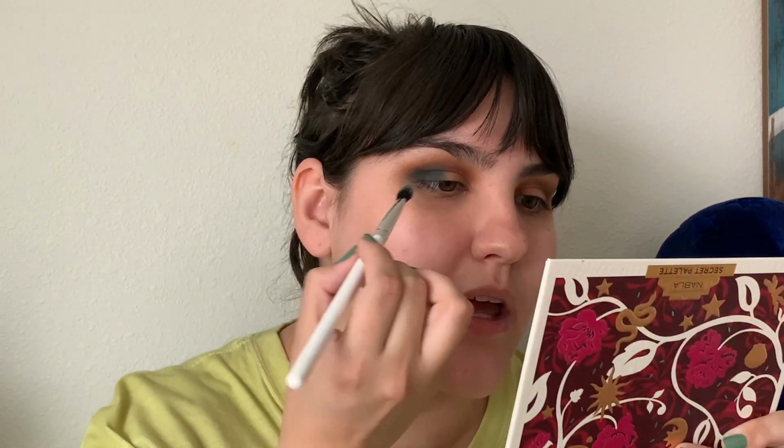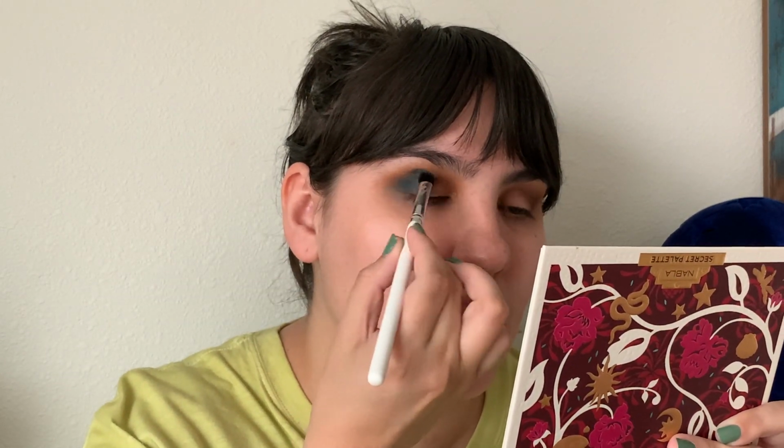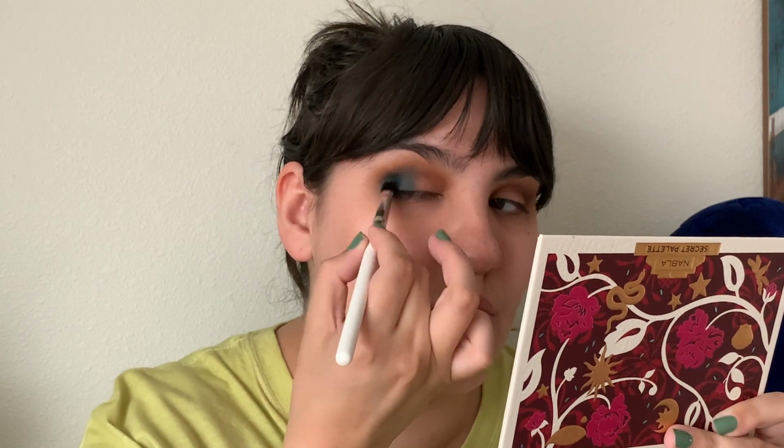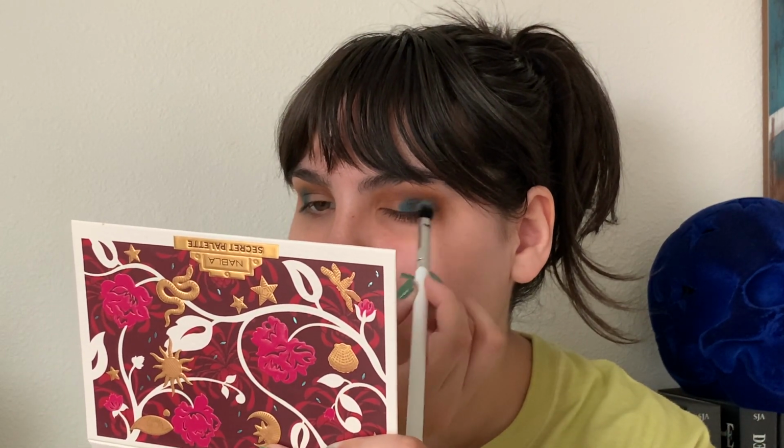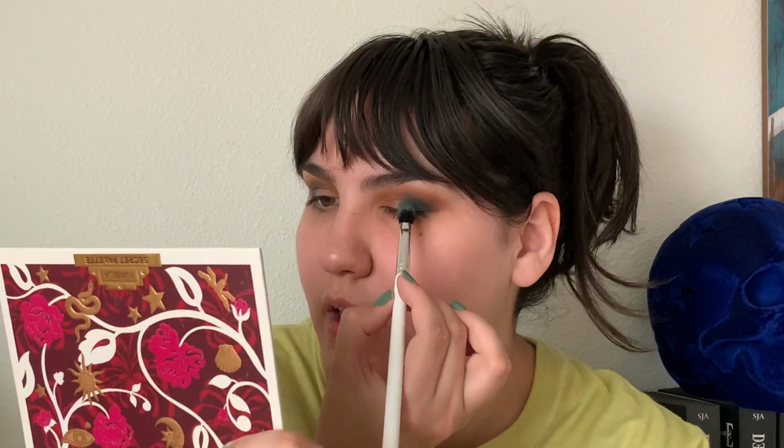They're not too dry, but not too buttery that they're blending away into absolutely nothing, you know what I mean? That's pretty. I really like that matte shade. I feel like teals are also hard to do. I've seen some really bad teal shades, which is not fun. Probably because it's a mixture of blue and green, which I feel like not everyone nails. Blues and greens can be very hit or miss, very chalky,